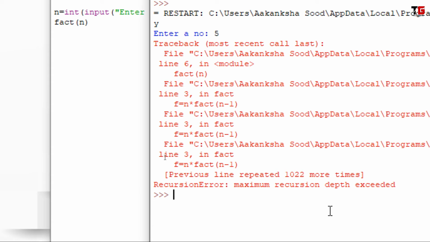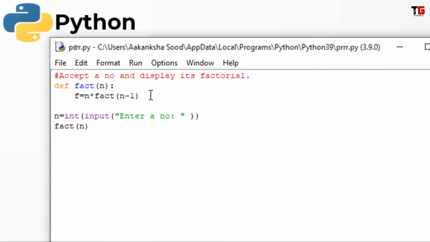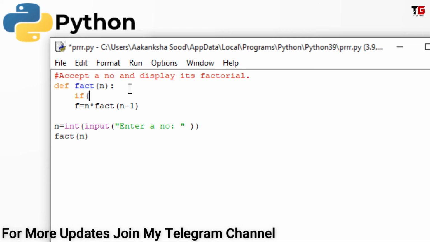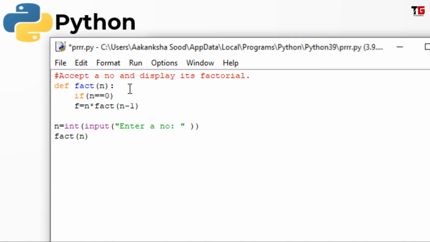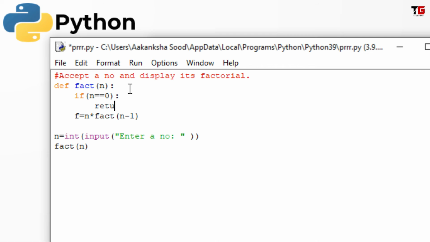This error means our recursive function is infinite. It is not having any limit to end. So let's put a limit. Friends, we know the limit is that when n is 0, it means 0 factorial. That time we have to stop and we have to return 1. So this is our limit. So when n becomes 0, in that case we will return 1. But when n is not 0, in that case we will calculate the value of factorial.